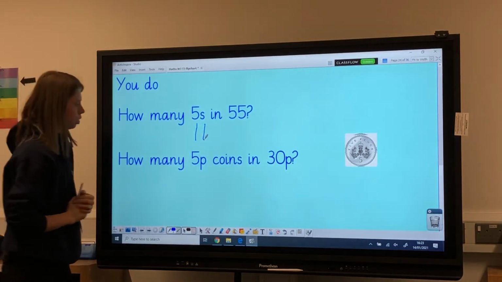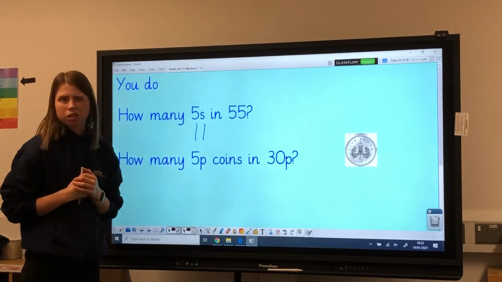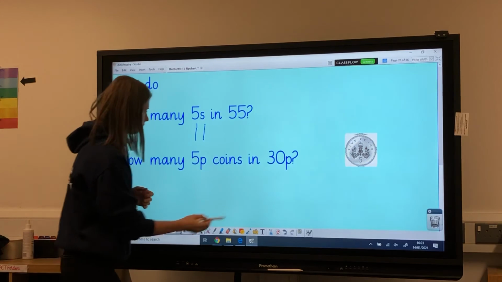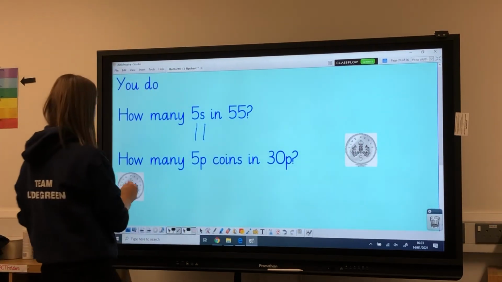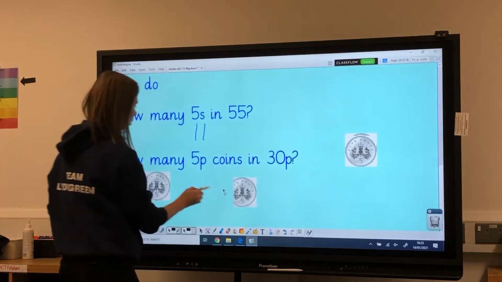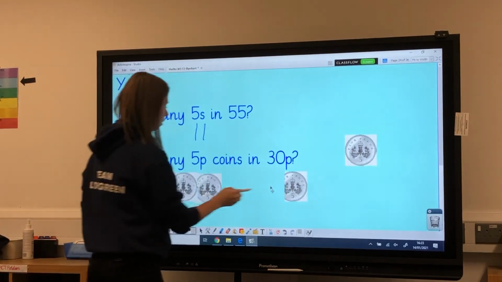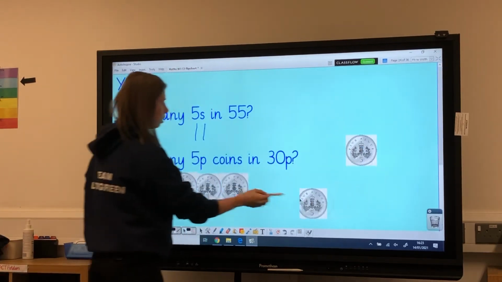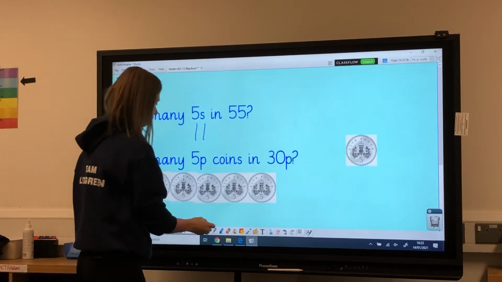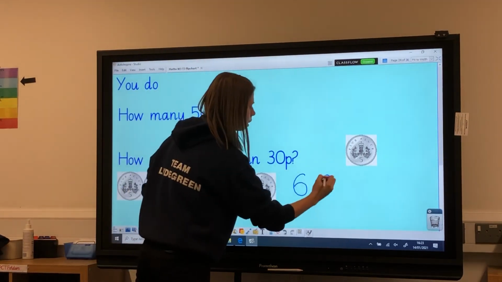How many 5p coins in 30? Now we can either use our fingers, but I think I'm going to go ahead and use the 5p coins for this one. So let's see. I've got 1 5p, 2 5p's, which is 10, 3 5p's are 15, 4 5p's are 20, 5 5p's are 25, 6 5p's are 30. So I need 6 5p